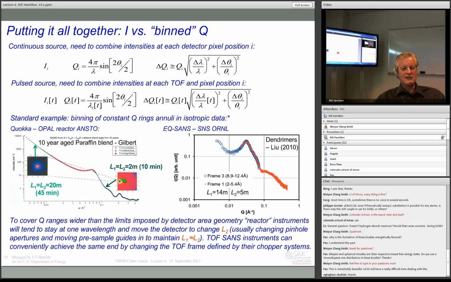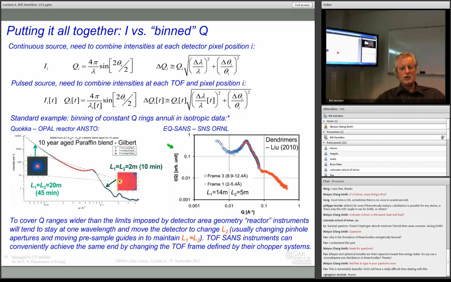And the thing to notice here is that this pattern is taken with the instrument at its maximum length. This pattern, all of this pattern, is actually more or less within the beam stop area of this pattern, which was taken 10 times closer to the sample. On EQ-SANS,